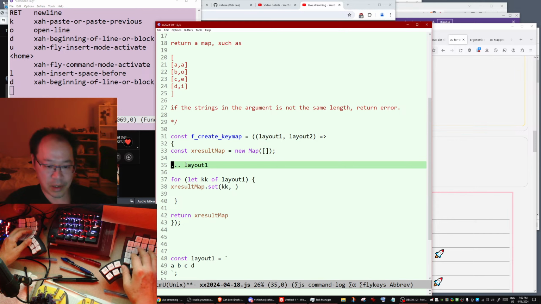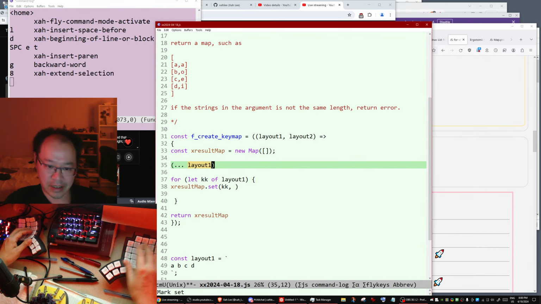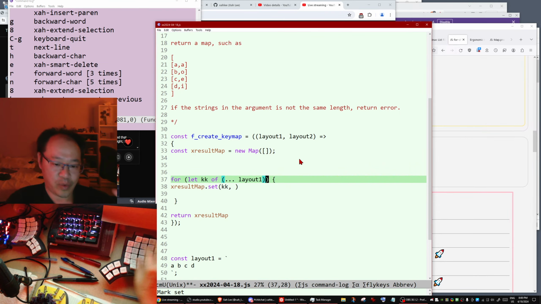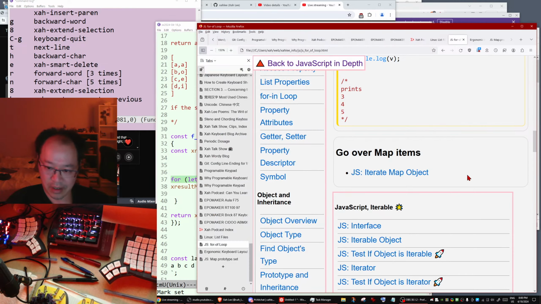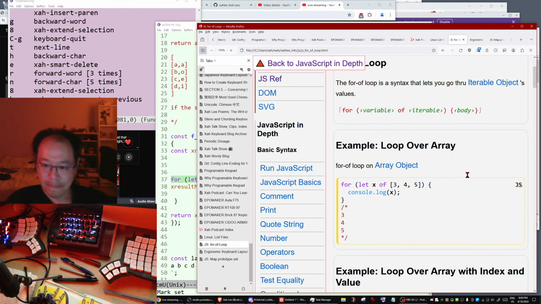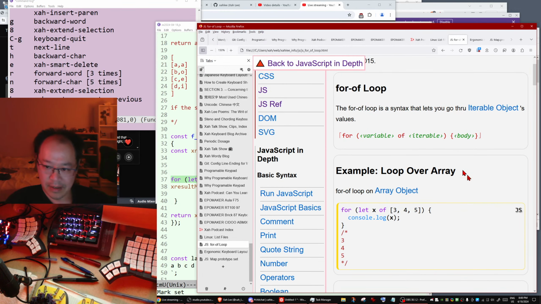That's called the spread operator. It will convert a string into an array of characters. So now if we put this array here, we are looping over an array instead of a string. So, but once we have an array, we can